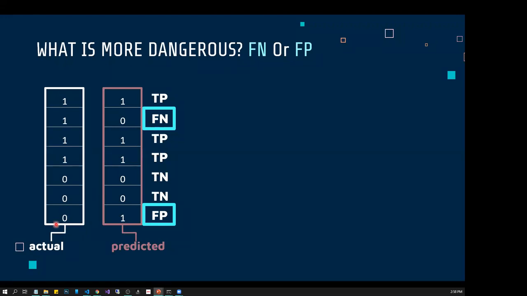Imagine you don't have a heart attack, but your model tells you that you have a heart attack. That is not very dangerous, because after doing some more tests like blood tests or pressure tests, the doctor will tell you, okay, that is wrong. You actually don't have a heart attack. So that is why that is not very dangerous. But in this case, false negatives are dangerous, because you have a possibility of getting a heart attack, but your